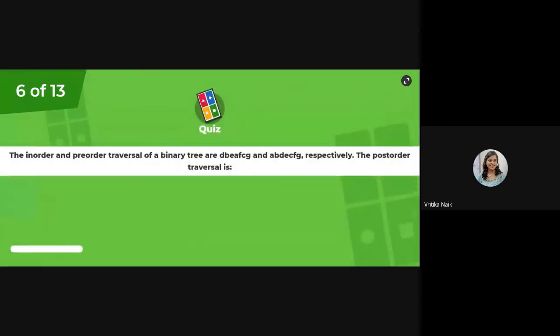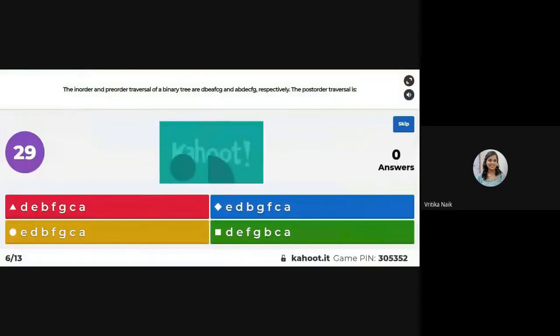The in-order and pre-order traversal of a binary tree are DBAFCG and ABDECFG respectively. The post-order traversal is